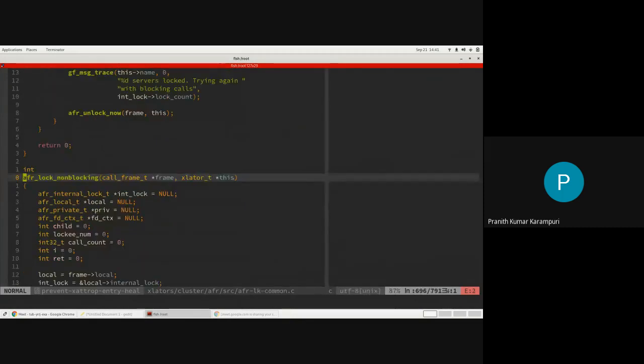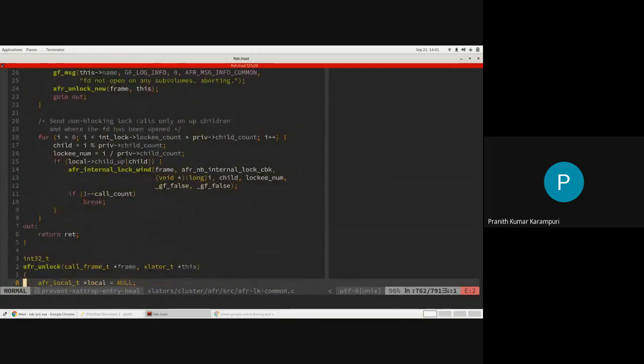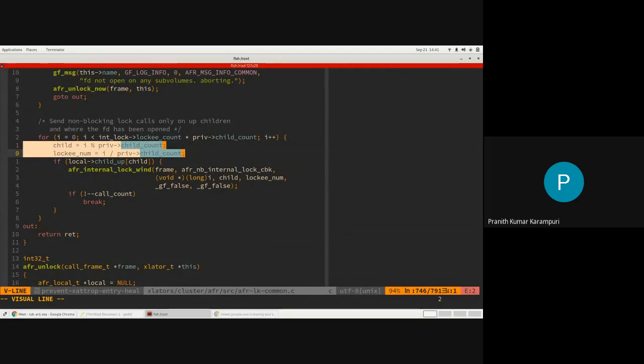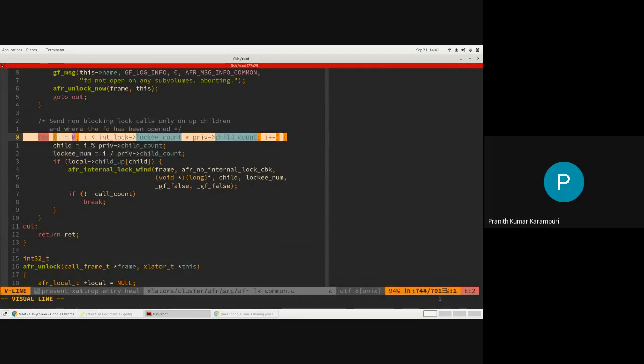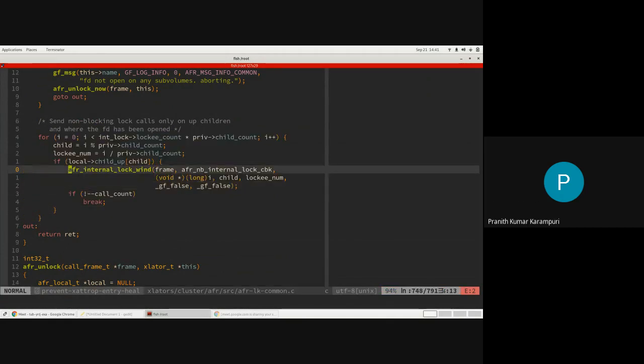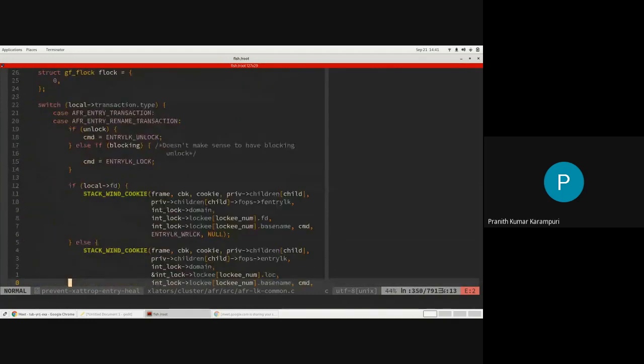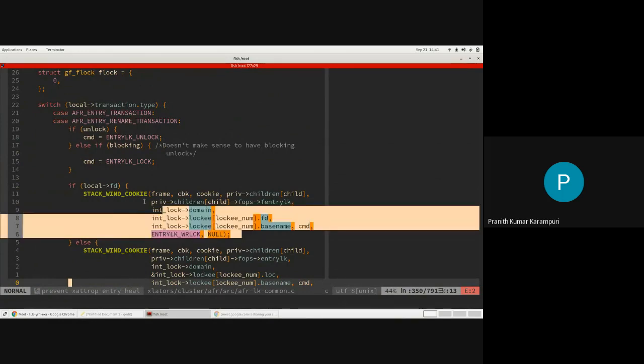So in the non-blocking phase, this part is the same thing as we discussed before. It's a for loop, and you are basically sending locks to everybody. This internal lock point, based on whether it's data, metadata, or entry, will do the necessary lock.